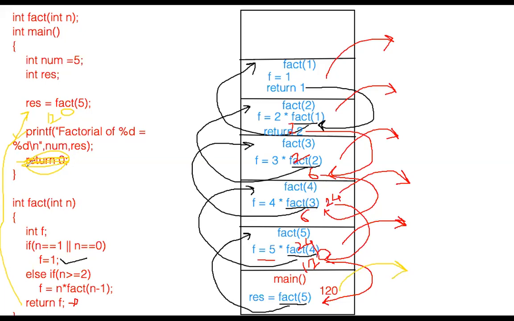So what is your CPU doing? Your CPU says that there is no statement, so I don't have work to do, so your program is over and you are going out of that main function. Getting? So return only means that before leaving that function, this value is returned to the calling function.